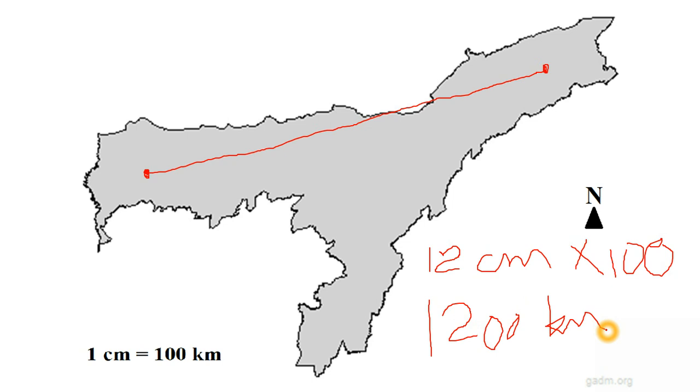So in this way, by multiplying map distance with the map scale, you can calculate the distance between places also, right? And you can see map scale in other maps also. Say for example, if you take a topographic map, at the bottom usually it is shown